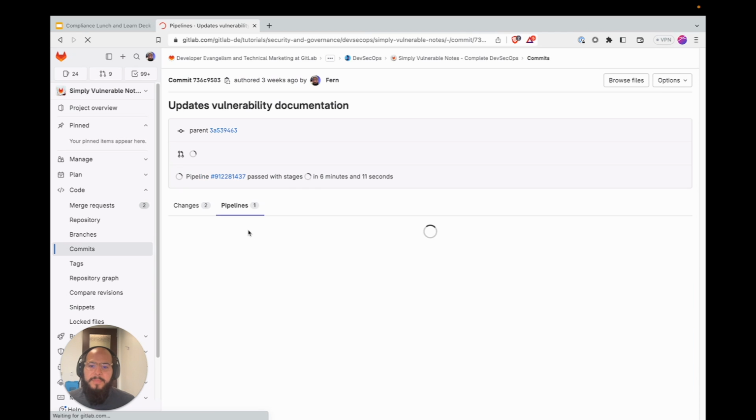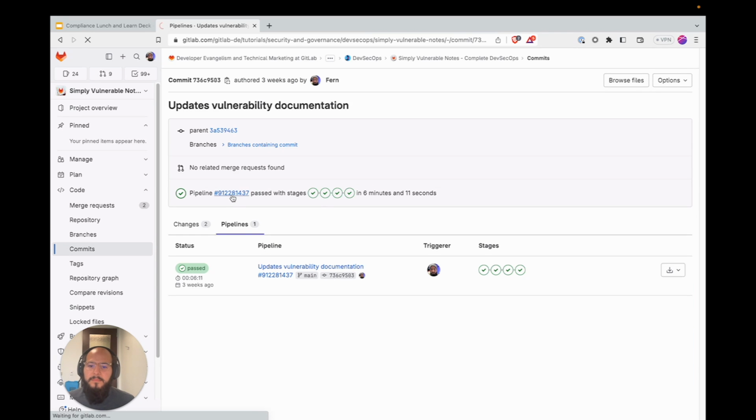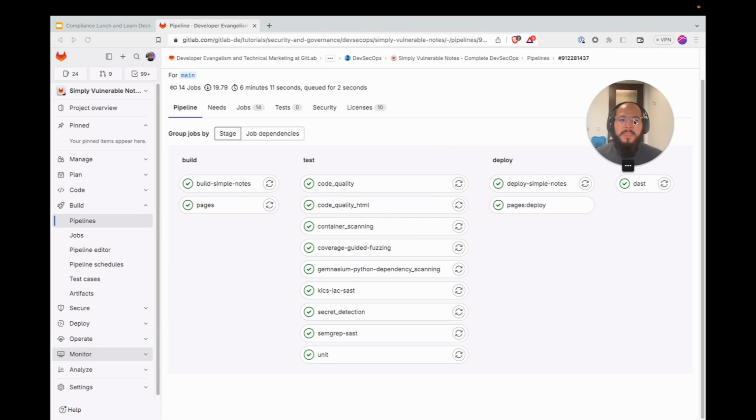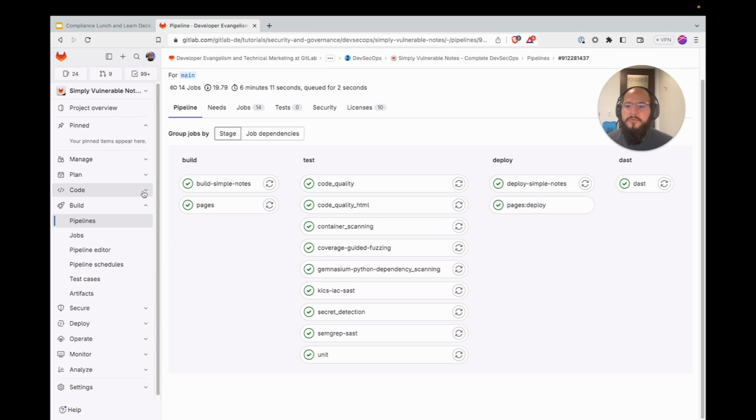And if I look at the pipeline that just ran, you can see that all my security scanners run just how I defined them. Within the build stage, we build the actual application container. We run all the scanners, which were enabled just by adding those templates. We deploy to a staging environment, and then we run DAST, and then we can check out our changes within our staging environment.